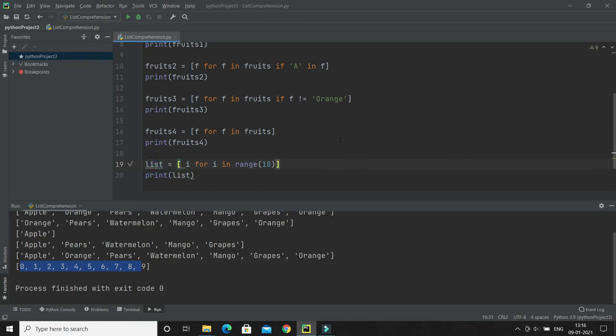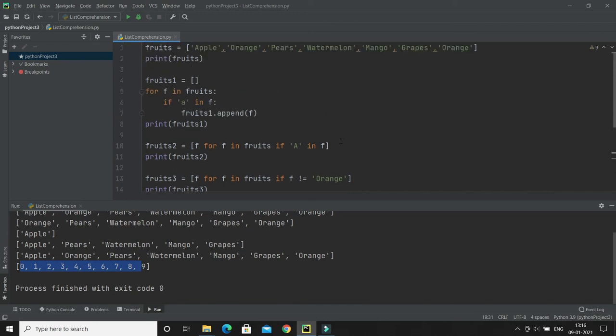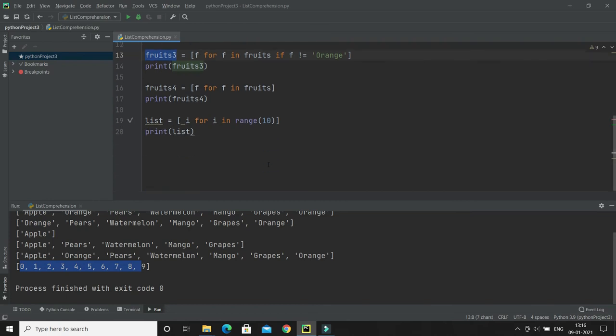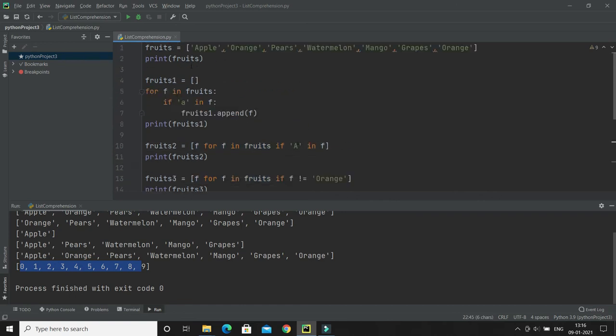One thing I would like to explain here: while collecting the items from one list and creating a new list using list comprehension, if you want to perform a certain action, you can do that as well. Let me show you what I am trying to do. Let's say I would like to create a new list called fruits 5, collecting all the fruits except orange out of the original list.